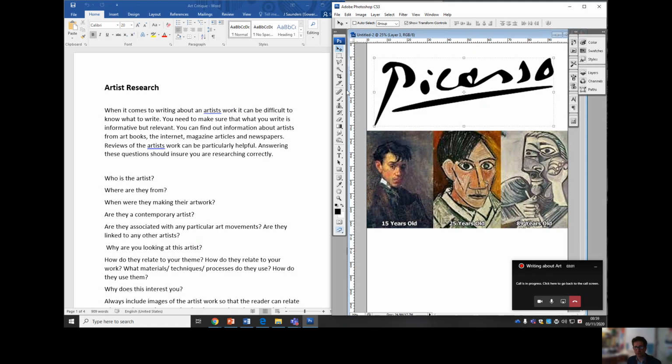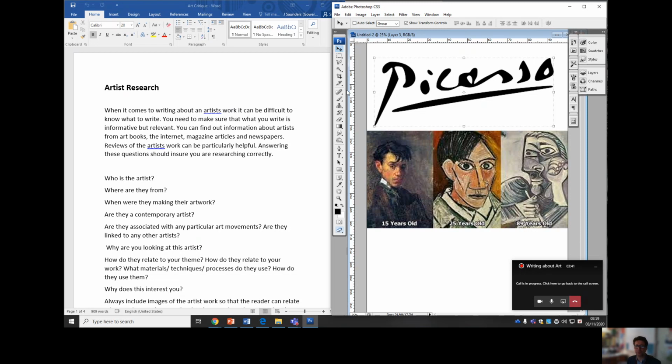So what other artists were associated with this artist? With Picasso in particular, we're looking at Cubism, but he was linked with a lot of different art movements. He was quite a pioneer of many different movements in art. From Picasso's pink period and his blue period, he went through quite a lot of stages before he hit Cubism. There were other artists around the time that can claim they helped invent it, and who he was influenced by. For example, Georges Braque was working with him in Cubism, one of the other pioneers of it, but they were heavily influenced by Paul Cézanne.